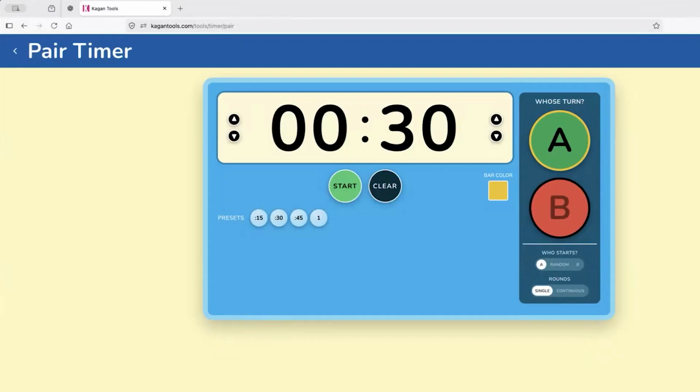So it looks pretty similar to the set state of the Hourglass timer, and you can set your times the same ways, using the up-down buttons, or we have some presets in here. Okay, so another feature of the pair timer is it picks